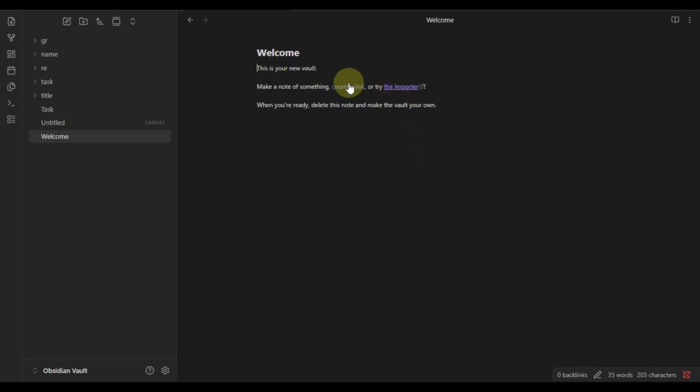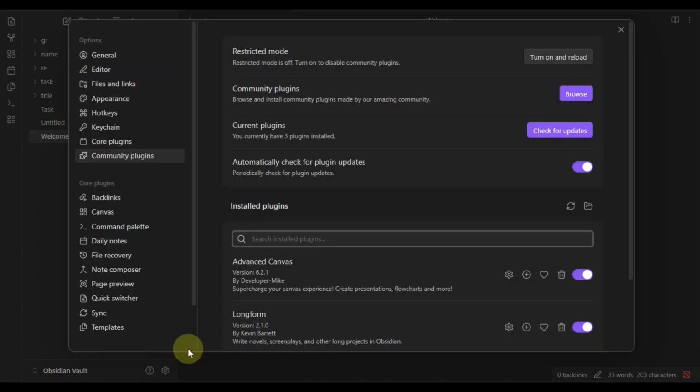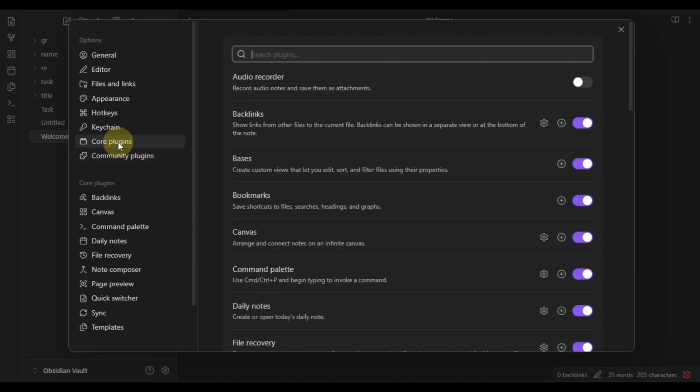First, open Obsidian. Once you're inside your vault, head down to the bottom left corner and click Settings. Inside Settings, go to Core Plugins. This is where Obsidian's built-in features are managed. Scroll through the list until you find Canvas and make sure it's enabled. If the toggle is off, switch it on. Once Canvas is enabled, Obsidian unlocks a new file type and a set of commands that let you create and